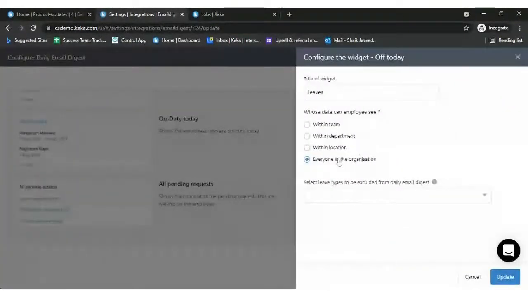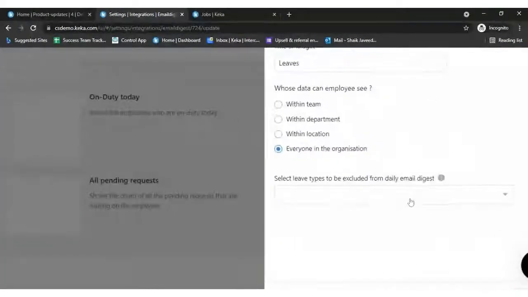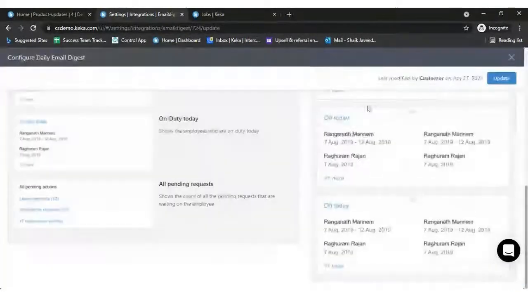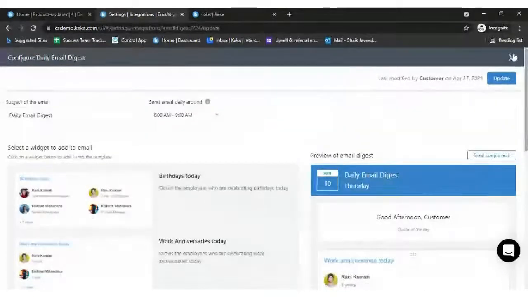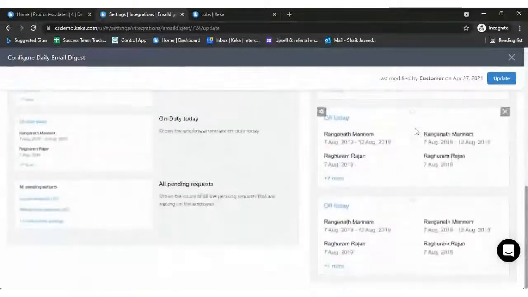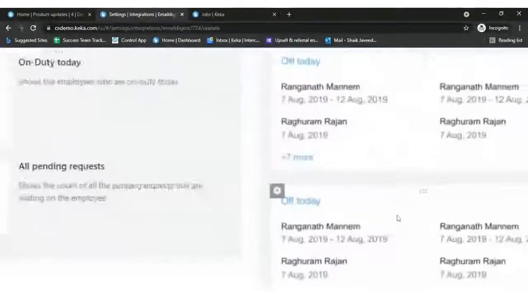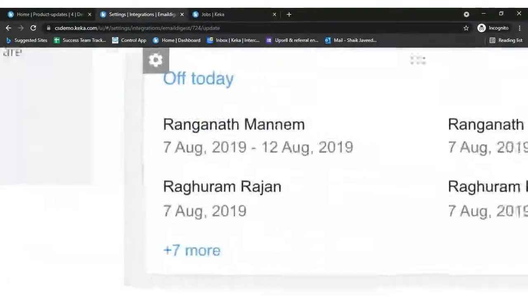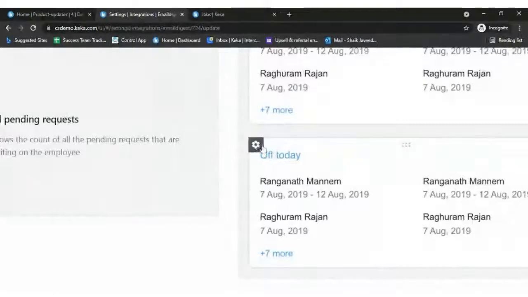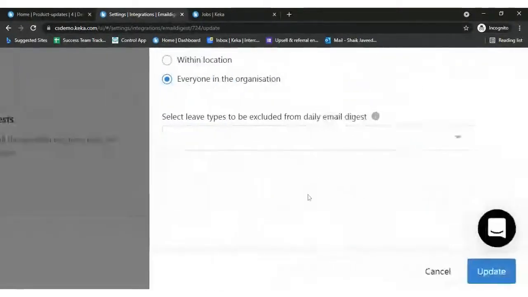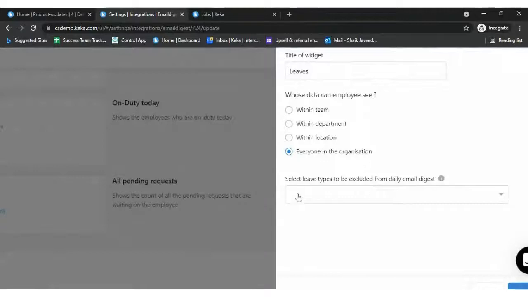Select leave types to be excluded from email digest. You need to click on edit daily email digest. Scroll down, and you have this option of off day settings. When the employees are off, you need to click on settings, and here, select leave types to be excluded from daily email digest.